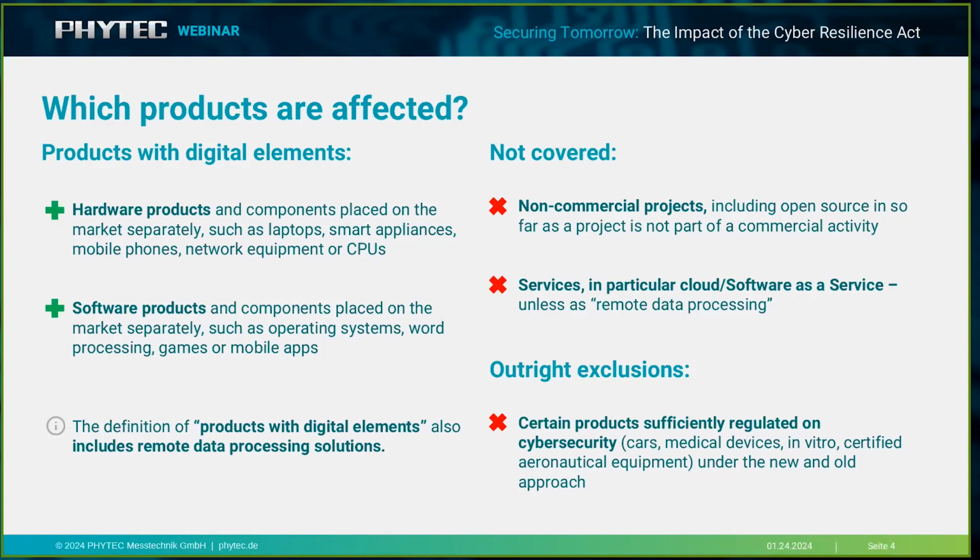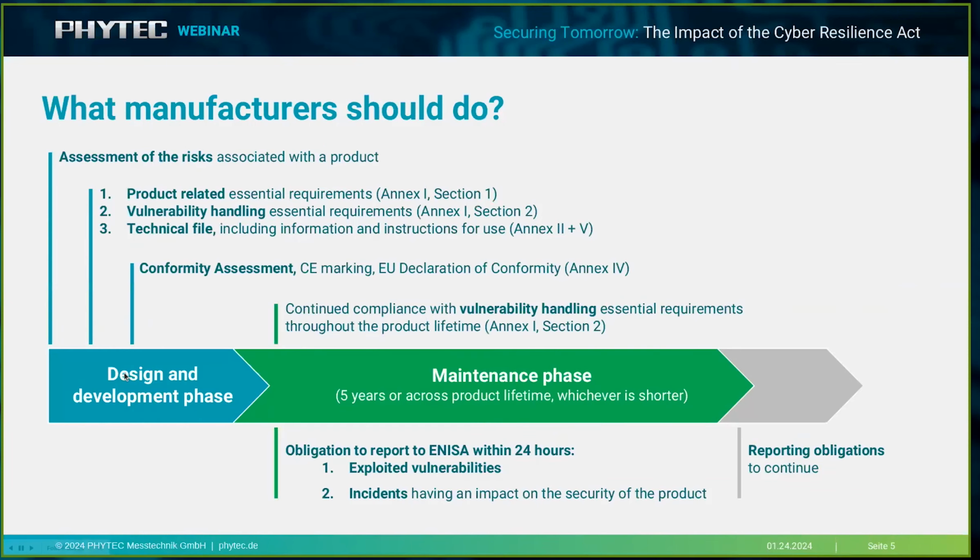So what should manufacturers do? At first, you must make an assessment of the risks. You need an overview of the interfaces and the use case for the products, and what you must protect in your product. Then you have additional requirements for your product. Very important is the vulnerability handling for your products, and a technical overview with a detailed description of the features, the use case, and the implementations in your products.